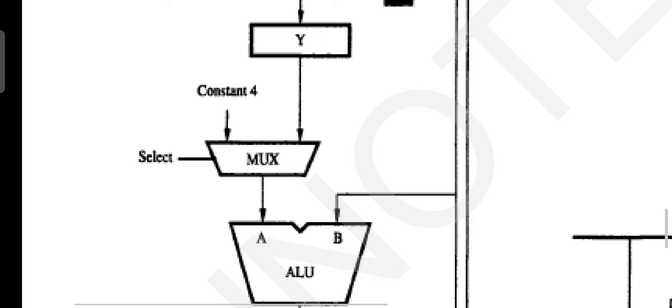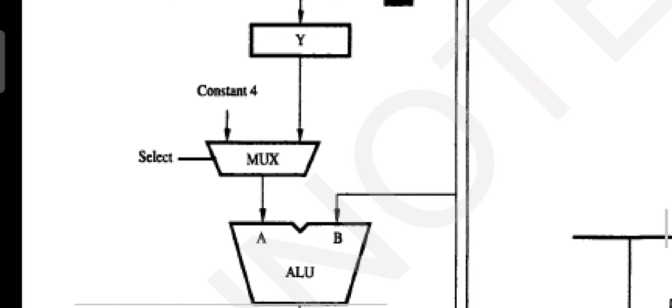Now activate the select Y line, that's it. Either you can select Y from the multiplexer or you can select the constant value 4. A multiplexer can take multiple inputs but provides a single output. So here we are not taking that constant value 4, we are just ignoring it, we are taking only Y as the input.